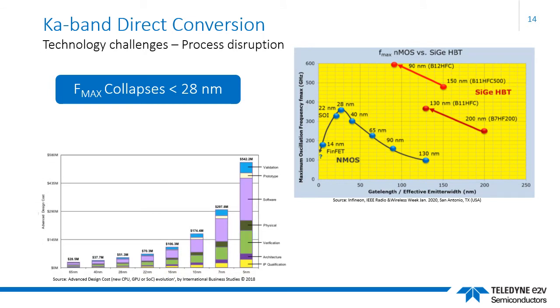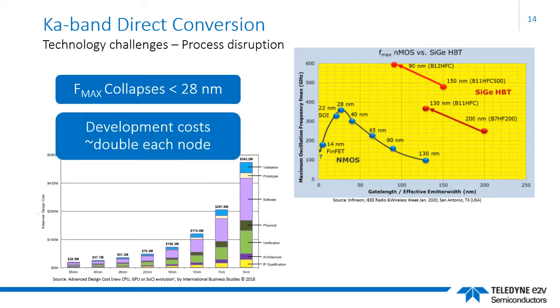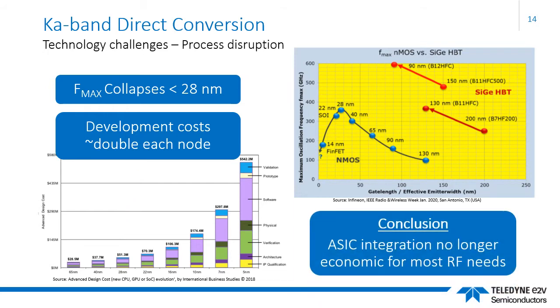Moreover, in this second chart that documents analysis by researchers at IBS, you can see that product development costs are accelerating with each diminishing process node. We've reached an inflection point today where bulk CMOS is prohibitively expensive for all but mass volume markets. Modern ASICs based on bulk CMOS no longer help engineers eke out ever more bandwidth. It's a problem demanding alternative options. This is a key point we will return to again shortly.